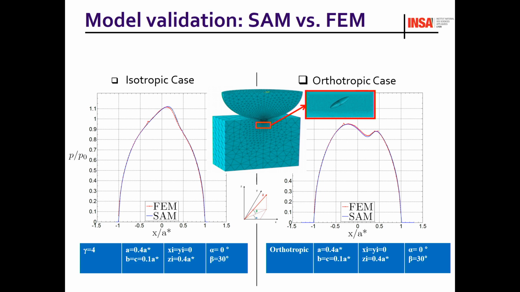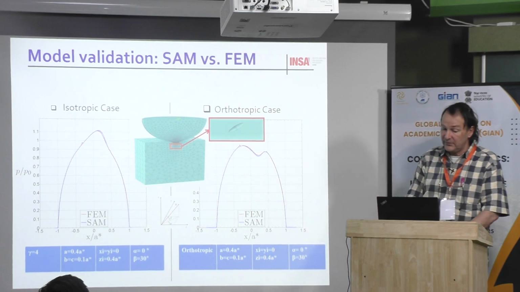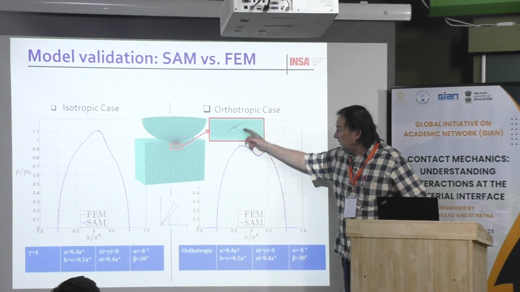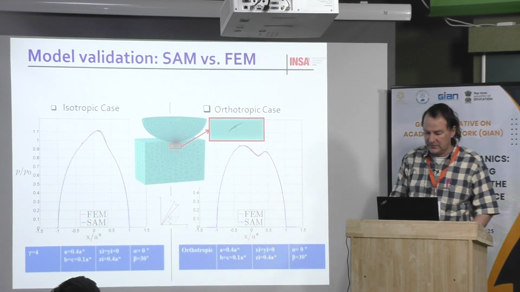First we did some simulation by the finite element method to be sure that we got the correct solutions, and we did that only one time. You can see on the left the solution for an isotropic inclusion, and on the right the solution for an orthotropic inclusion. Then, of course, depending on the mean Young modulus, you can slightly increase or slightly decrease the contact pressure. And even if the inclusion is in the center of the contact, because it has an inclination angle, this is not symmetric anymore. This is not axisymmetric.